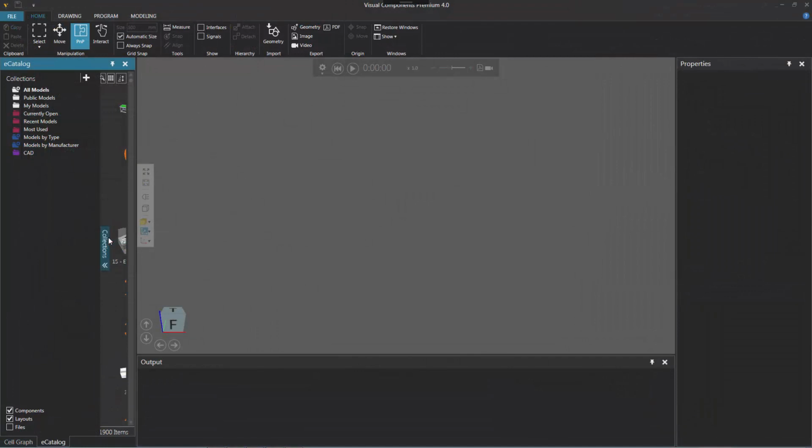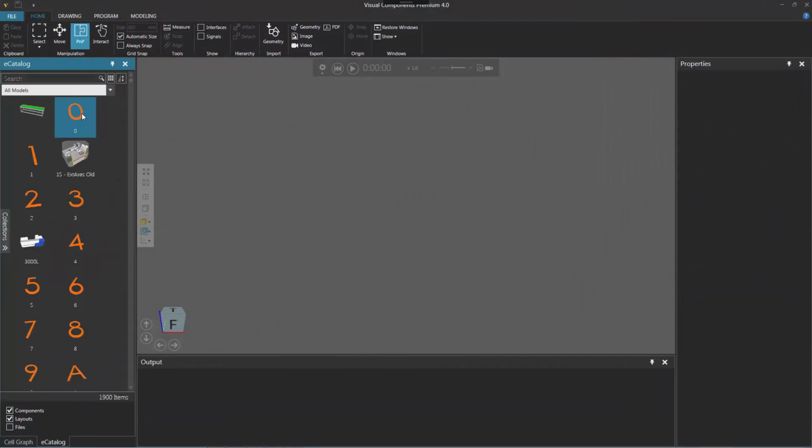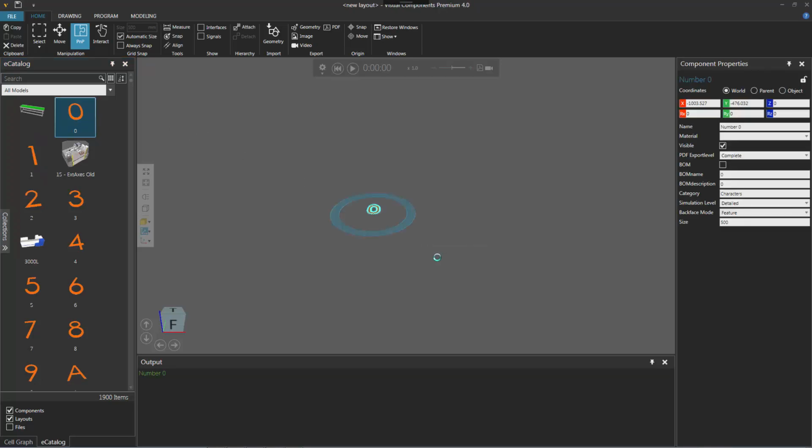Let's now go to our eCatalog panel, and let's add this. You can add any component you want to the 3D world. I'll add this 0 here. So I'll just drag it into the 3D world, and there we go, in the output panel it printed the component's name. So let's now add another component to test this. Let's add the number 3, and yep, we can notice that our plugin is working. It's getting those messages from the event aggregator, and it's printing the component's name.